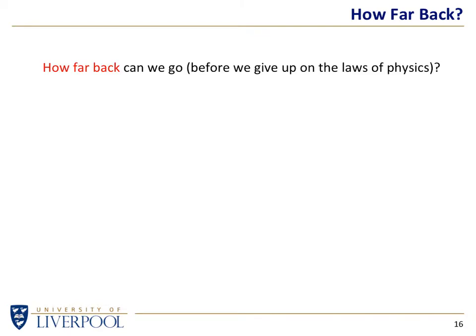If we believe the laws of physics tell us where things come from, how far back in time can we go and still reliably say, yep, I'm pretty confident that the laws of physics would still apply? Physicists are fairly arrogant people, and they sort of say they always apply, but the question is, at what point does our understanding start to crumble? How far back in time can we go before we effectively say, well, we don't really know, as Patrick Moore would say, as opposed to, yeah, we know what's going on at that point.